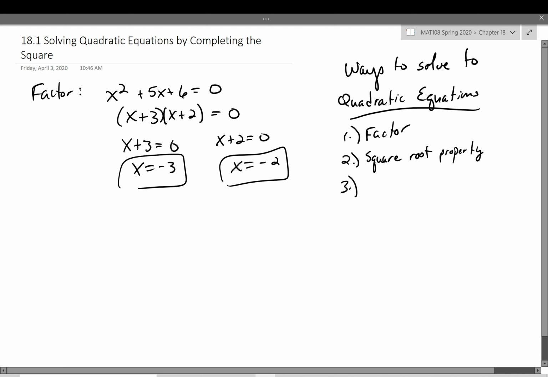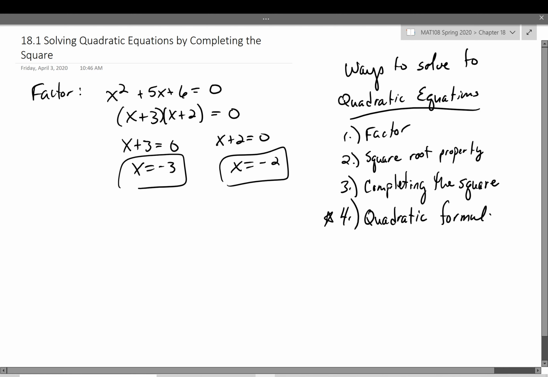The third way, and I've got to be honest, students hate this way, is called completing the square. Some of you may have already heard of this before. Let me write that word better, square. There we go. Look how pretty that is. My handwriting is getting better on my tablet, I think. Completing the square. And then the fourth way, which I'll put a little star next to because this is the most preferred way, is just to use the quadratic